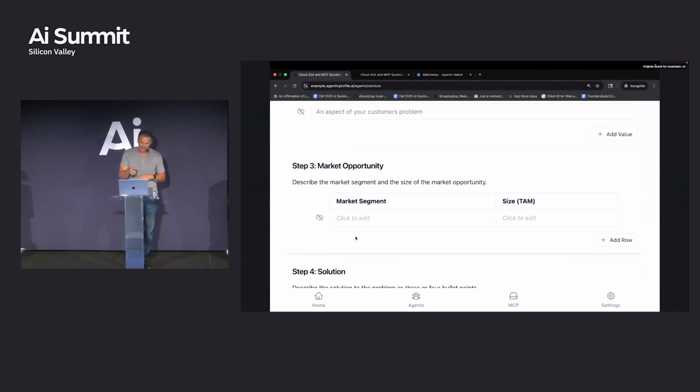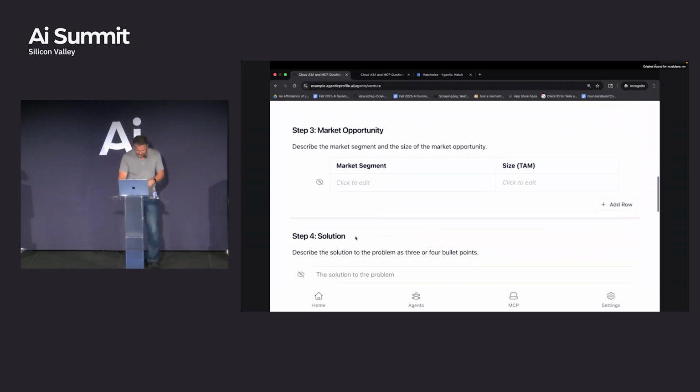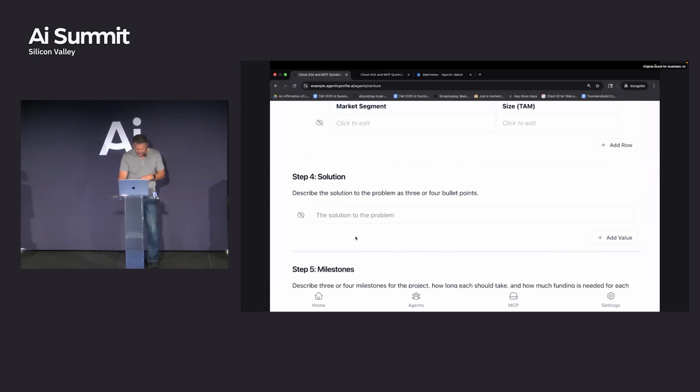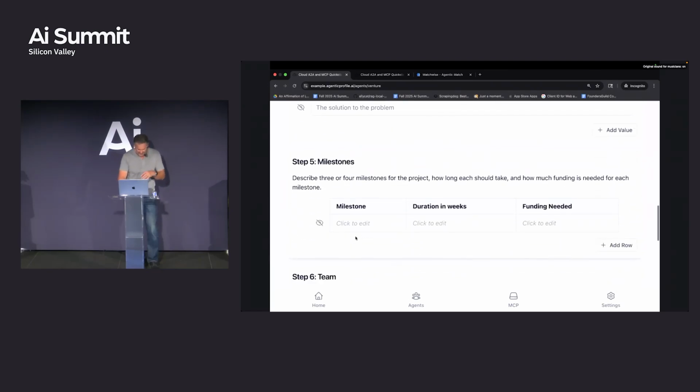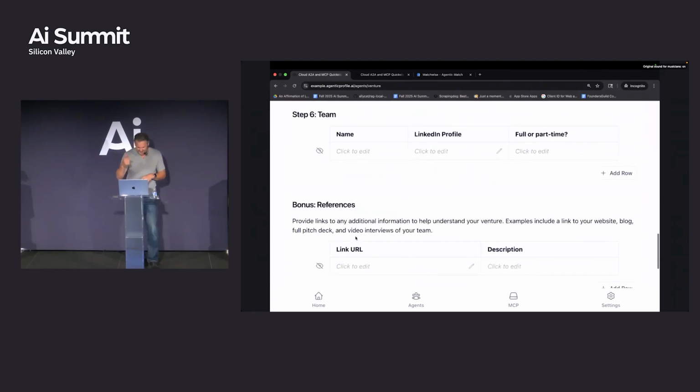What's good about this also is that if you had investors finding this stuff right now, some investors might have the thesis of investing in smaller companies with very fast exits and rolling them up into a large company. So lots of fun stuff here. Solution, classic one, what are you solving? And milestones, another one here. So we can talk about this stuff later. But the point here is that this set of questions is what an investor would want to use to really quickly vet you to see if it's worth having a longer conversation.